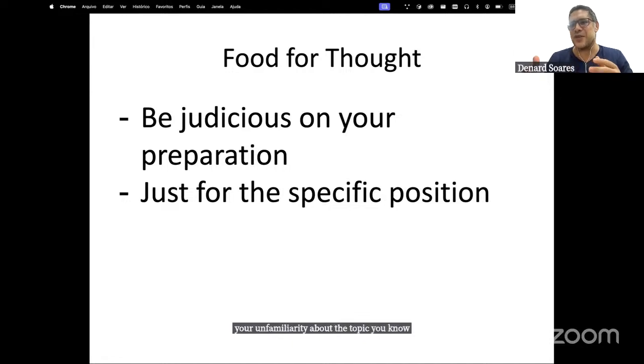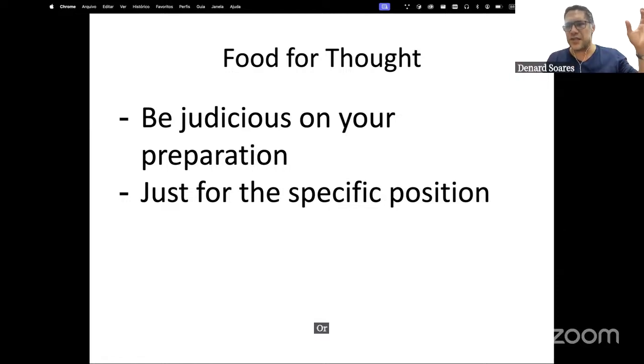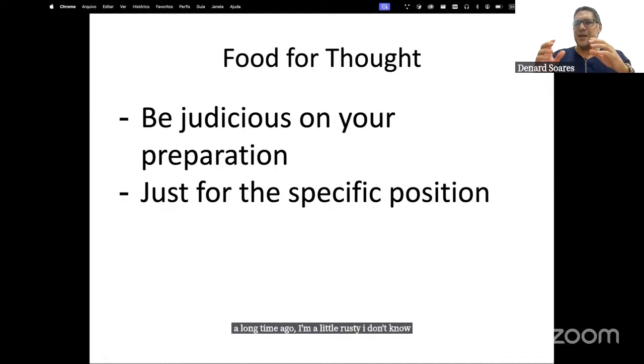Let's try to say something like, I'm not very familiar with this one, or I worked with this tech a long time ago. I'm a little rusty. I don't remember exactly. But if you have some idea on your mind, you can propose something, some general idea, some general solution. Don't go deep into that.